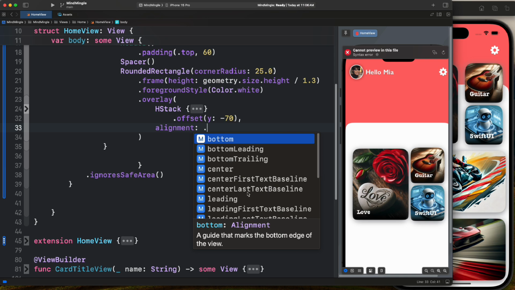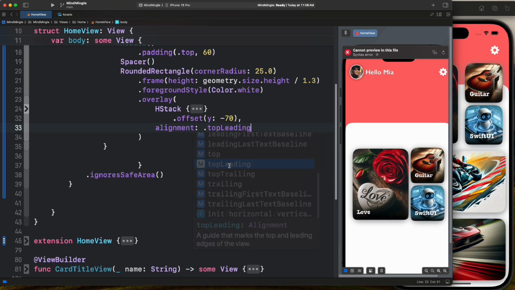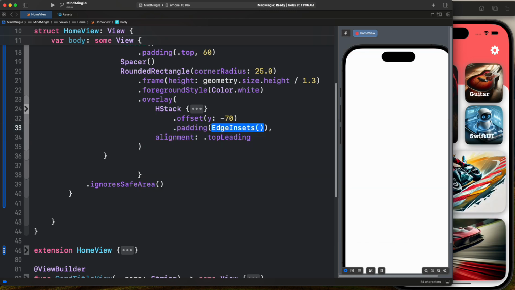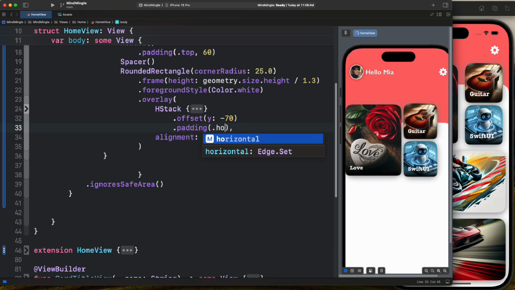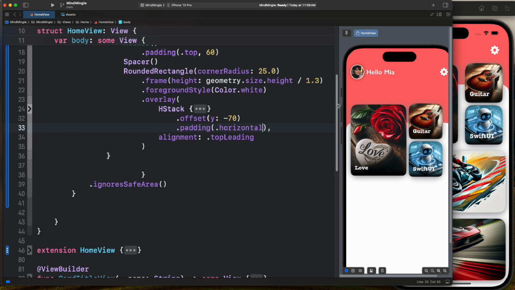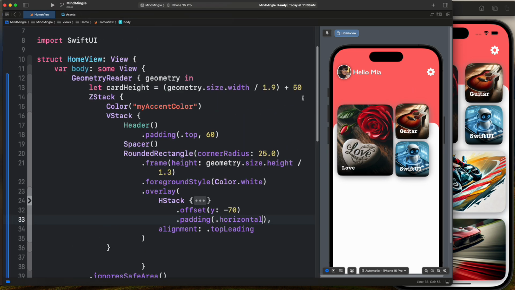But here we want to specify that we don't want this to be center, we want this to be at the top. So here we can select top leading, and normally it's supposed to push this to the top. And after this offset, I think we need to also provide padding. So let's add padding, and we want a horizontal padding. And as you can see, everything is looking good. But we still have some space here. I don't know why, but we won't fix it in this video. Maybe in the next video we will fix this space. I think we have an issue maybe with this calculation, but for the sake of this video,